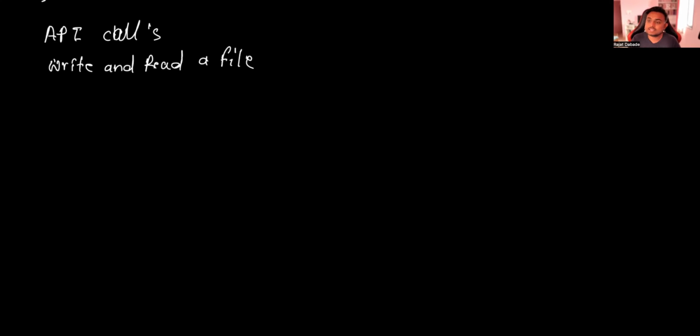We don't know whether the file is there or not, whether we have to create a file, send data to the file, or read some data from it. And maybe it might be a heavy file, say 2 GB or 3 GB. It will take some time to read that. Should our code sit idle and wait for the task to be completed? No, right? It should execute. It should not be blocked by another piece of code which is taking some time. So what JavaScript has done is that calls which are asynchronous